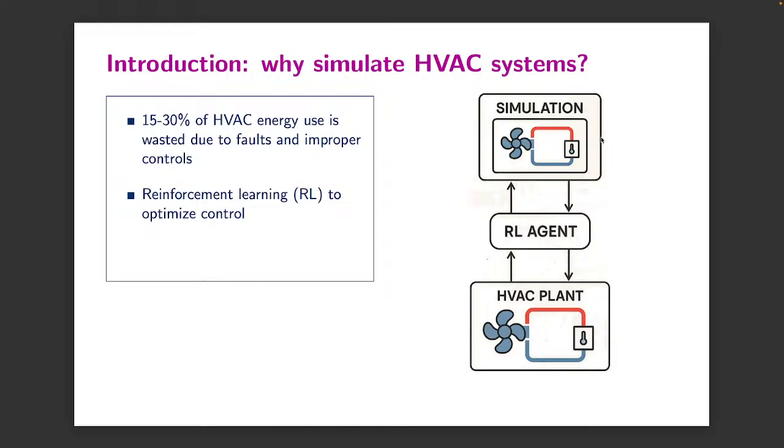But of course, you don't want to use an untrained reinforcement learning agent to start controlling a building like this, because then it would probably start experimenting, heating up rooms to 30 degrees or more, cooling them in winter, which is not useful. It would get really bad rewards. It would learn, and then after a year or two, it would know what to do. But those years would be very uncomfortable. So that is why we want to train these agents first in a simulated environment.